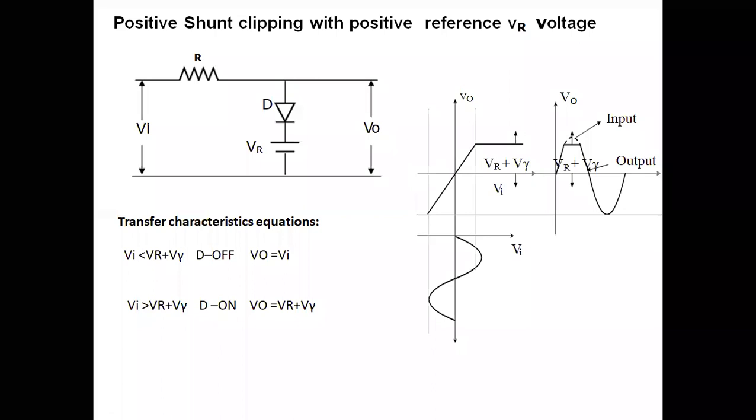Now we will consider the reference voltage. Next concept is clippers by using the reference voltage. That reference voltage may be 5 volts or 10 volts, whatever it may be. We may consider it as VR. If we have a reference voltage, then we have a diode, with one voltage source on this side and another voltage source on the other side.